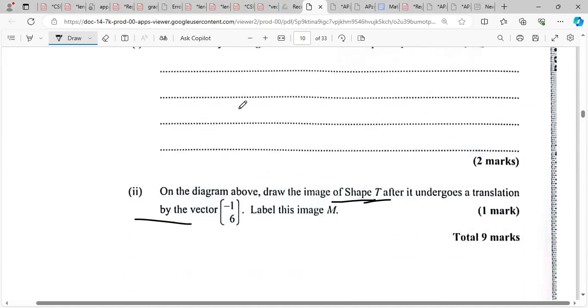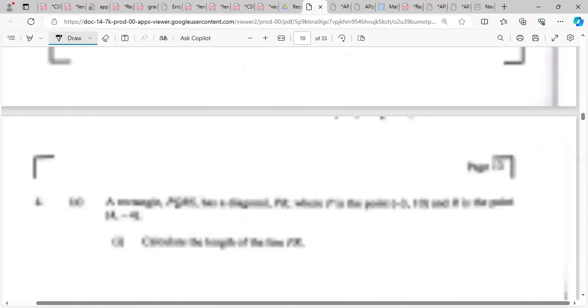Alright, so this was reflection. The one they did, I was looking for a rotation. That one was y equals x. Alright, cool. Next now,